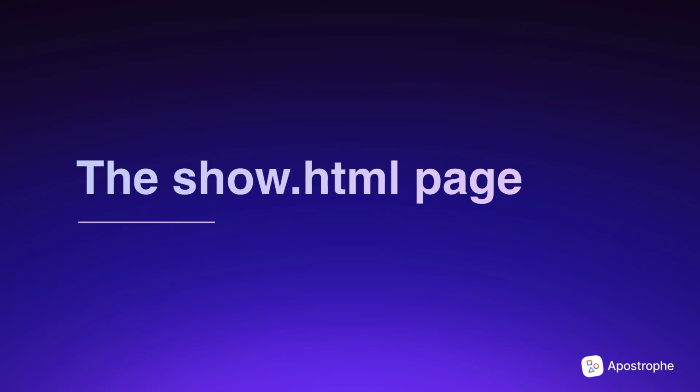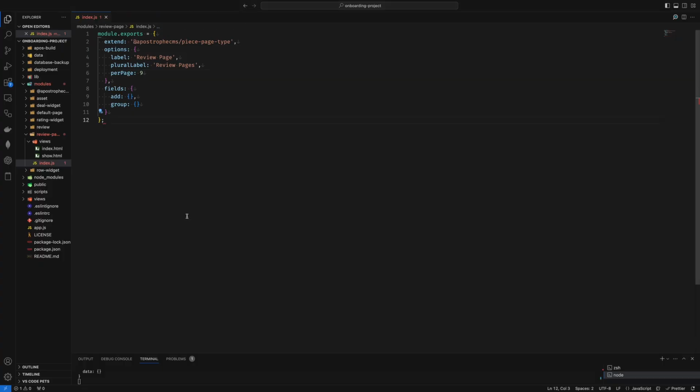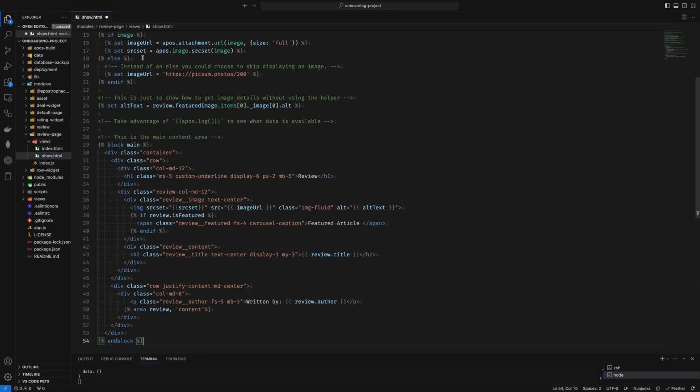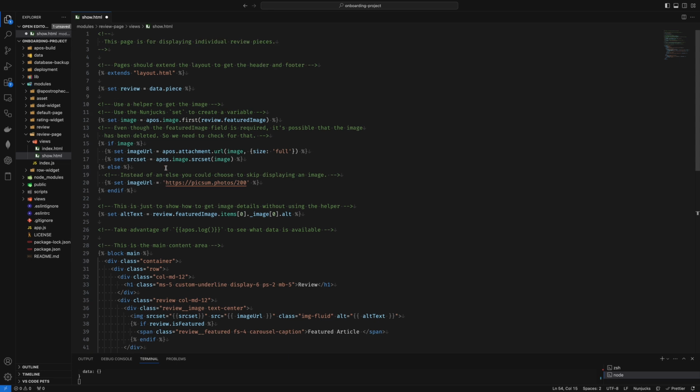We now have a page to display all of our reviews, but we still need a template for showing an individual piece. Open the Modules, Review Page, Views, Show.html file, and add in the following code. I'm going to copy it from the written tutorial and paste it in. The markup here is straightforward. One thing to note is that the markup is being populated by items from data.piece, whereas the index.html file was using